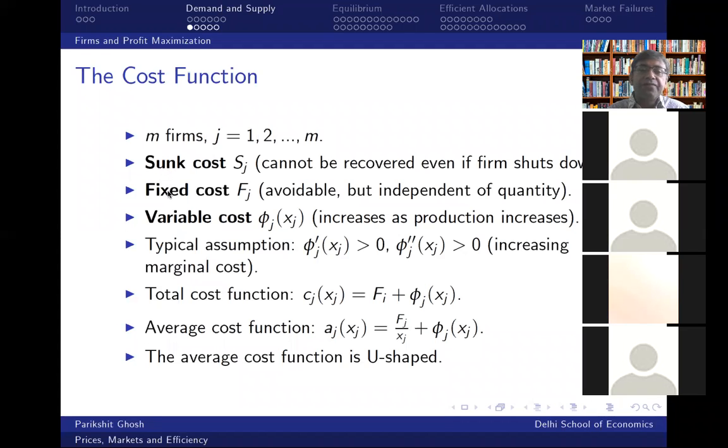Compared to sunk costs, there are fixed costs, F_J. These costs are avoidable, but they're independent of quantity. As long as the firm is